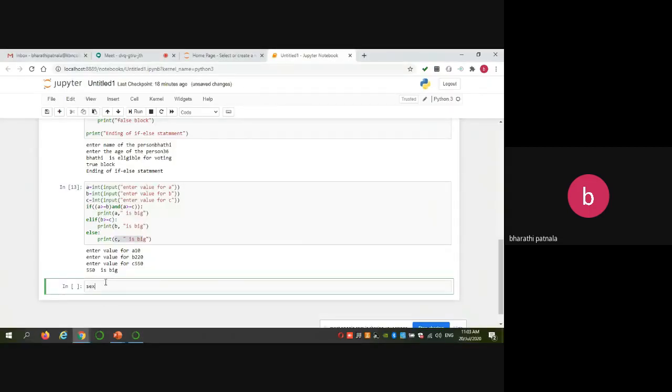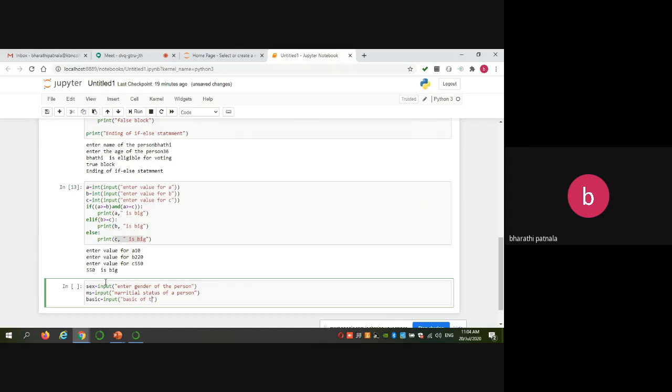First, you have to read the gender of the person, and read marital status, and finally read the basic of that person. Okay, now what are the conditions?